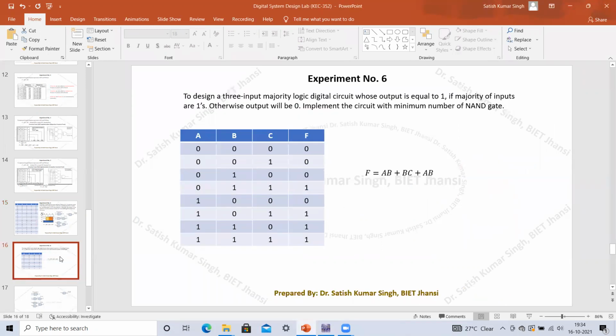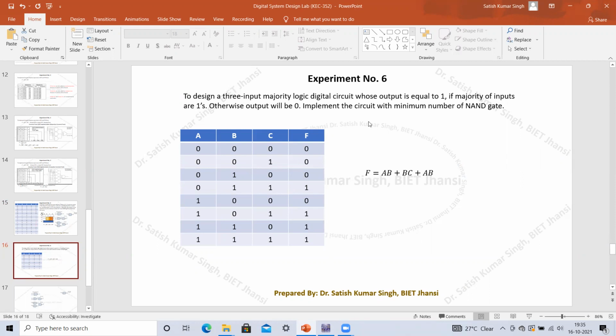For example, you can perform another experiment, number 6, whose statement may be given this way: to design a 3-input majority logic digital circuit, whose output is equal to 1 if the majority of inputs are ones, otherwise the output will be 0. To implement this circuit, we again have to use the minimum number of NAND gates.